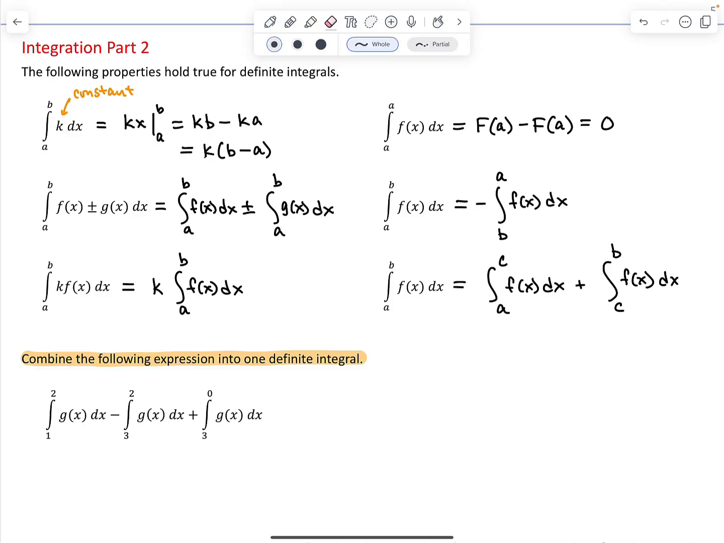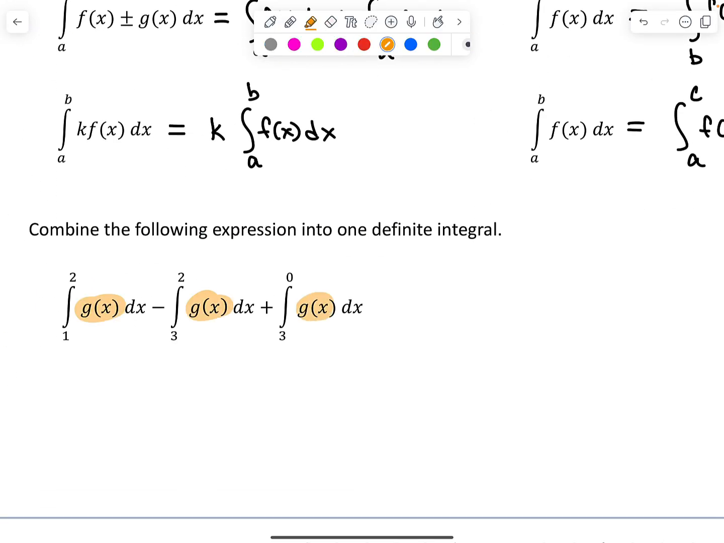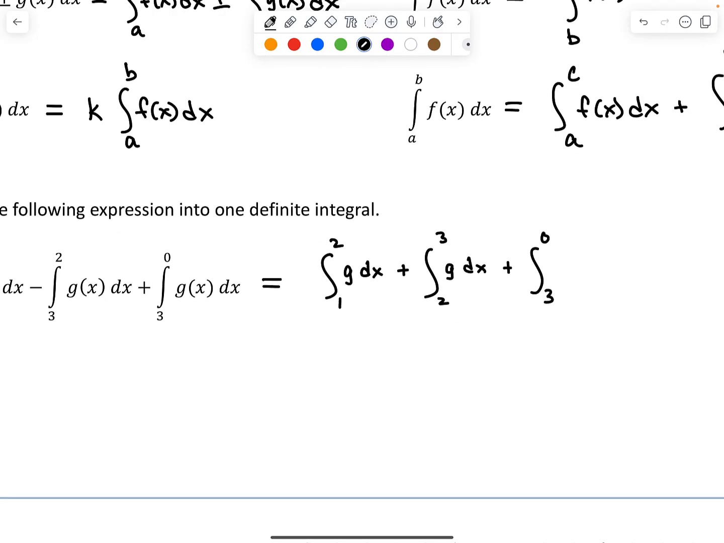Now combine the following expression into one definite integral. Currently there are 3. All of the integrands are the same, g of x, so it may be possible to do as instructed here. The first thing I notice is that we have subtraction, so I'm going to use the property where I effectively absorb that subtraction into this integral and reverse its limits and change the operation to addition. So we have an integral from 1 to 2 of g, I'll leave off the of x, and now we have plus an integral from 2 to 3 of g dx,